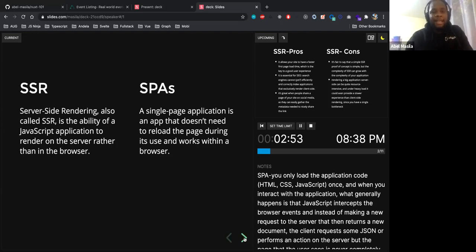A long time ago, when I was in university, we used to do PHP. As we were told, PHP is a server-side rendered language, and we used to create a file for every page. If it's an index page, it's index.php. If it's a home page, it's home.php, and so forth. Then that page would be rendered on the server, and you can see it on the browser.